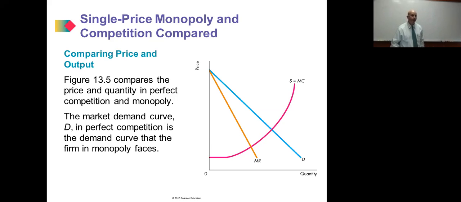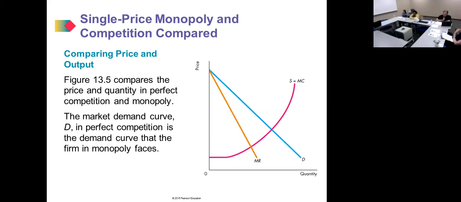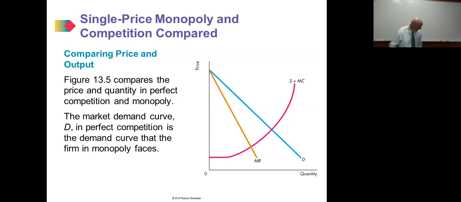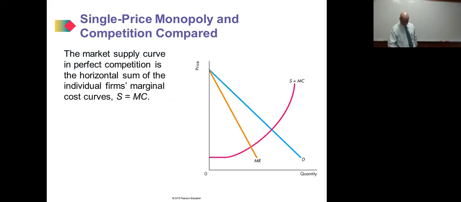The quantity demanded increases. Now the market supply curve in perfect competition, the horizontal sum,